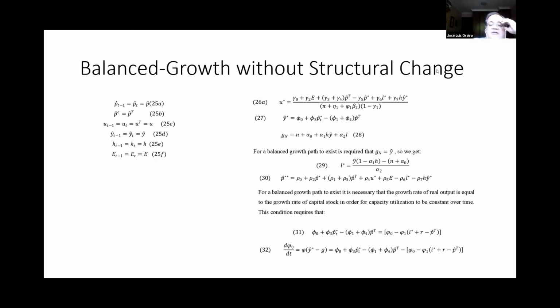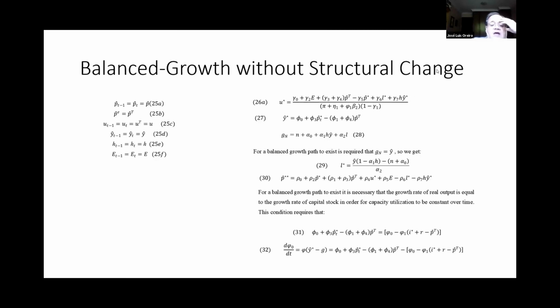The important thing that I have to comment is that equation 31 is absolutely necessary for a balanced growth path to exist, which means that the growth rate of real output compatible with balance of payments equilibrium has to be equal to the growth rate of capital stock. In order for this equality to hold, the autonomous component of investment demand can be transformed into an endogenous variable